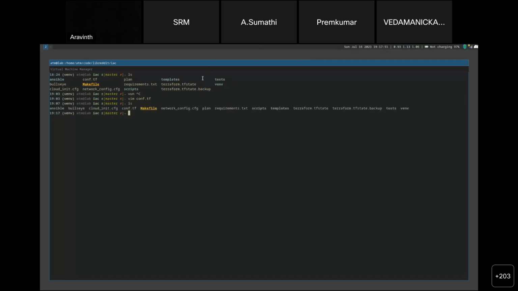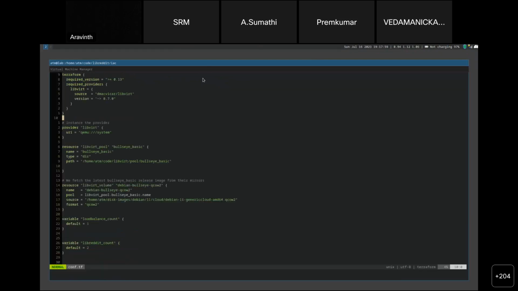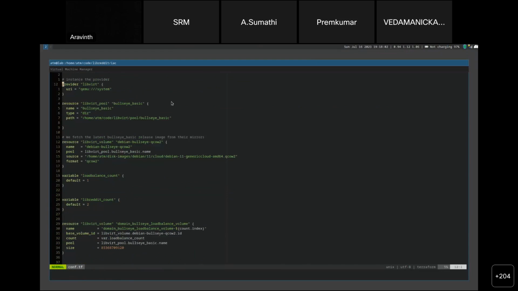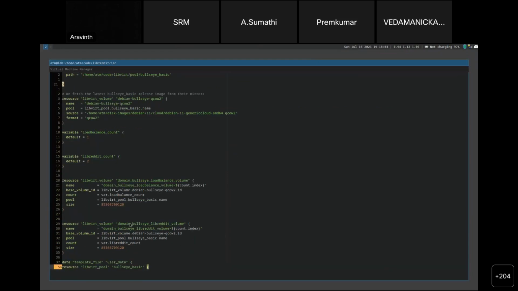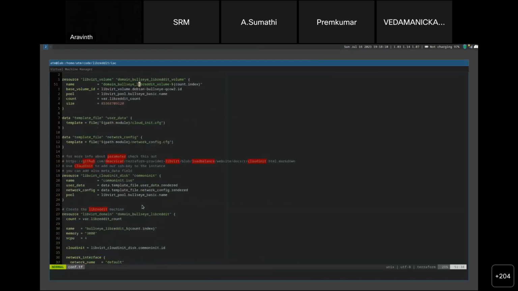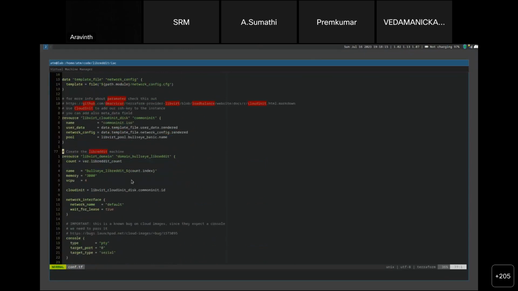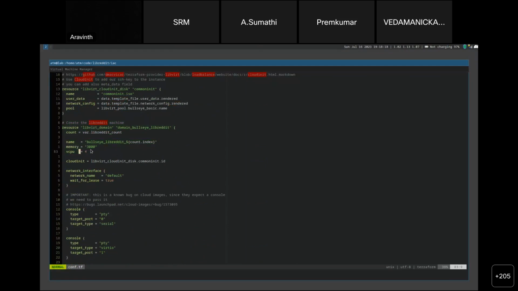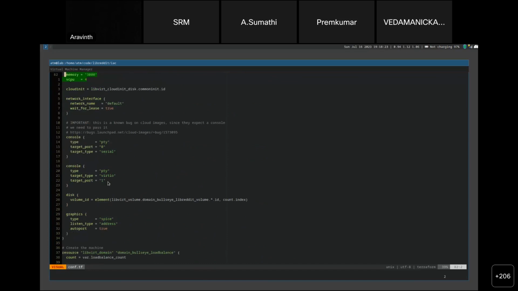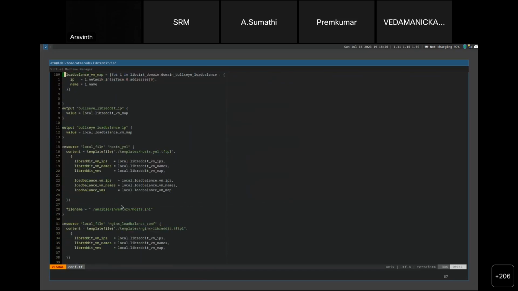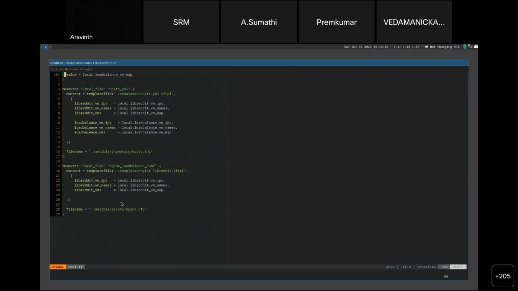Since this isn't a DevOps specific conference, I will not go into detail about how Terraform and everything works, but rather than clicking buttons, you can define your VM's configuration like this. So this is an 80 gigabyte disk for our VM, and then we have some login configurations. And then we say that our VM has to have 3 GB of memory, 4 vCPUs, and some networking configuration. So this is very DevOps specific.